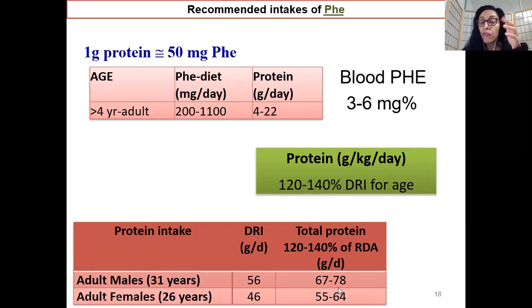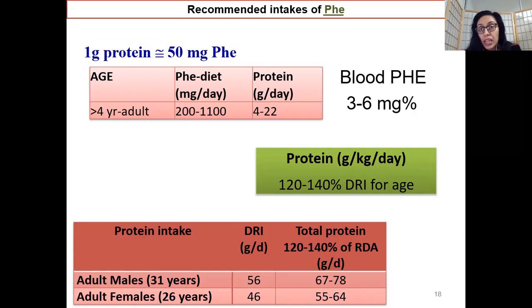But what they need for their sustainability and for their health is 67 to 78 grams of protein. All right. Why is it that they have such a high number? Why is it that they need so much protein? Okay. One of the key reasons, guys, is to do with medical foods. What are medical foods? I'll come to that very soon.